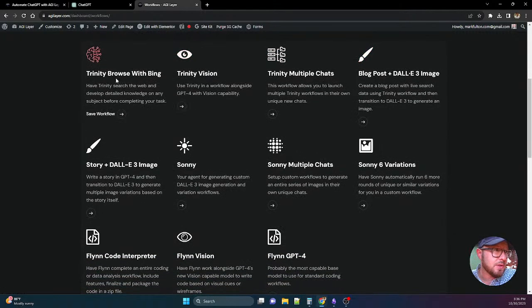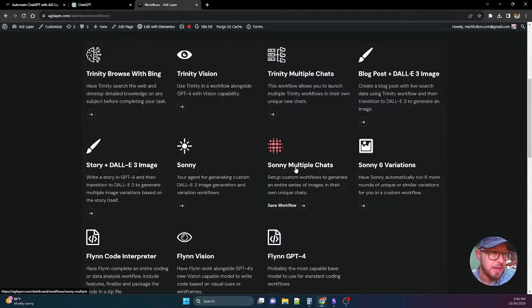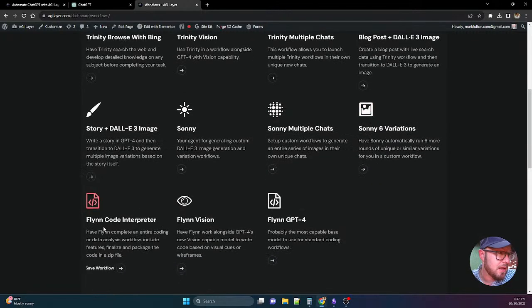So you can do the browse with Bing and write an article, or have ChatGPT write a story, then a DALL-E image, or you can have variations. You can have multiple chats open up. That's something I didn't demonstrate, but is possible. So say you want to have DALL-E generate 4 business icons, and then open a new chat and generate 4 images for blog posts, different things, different workflows, new chats if you need to open a new chat, and then different